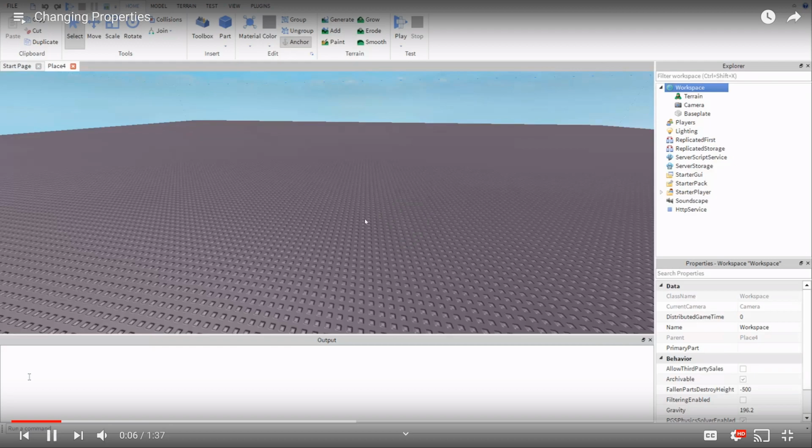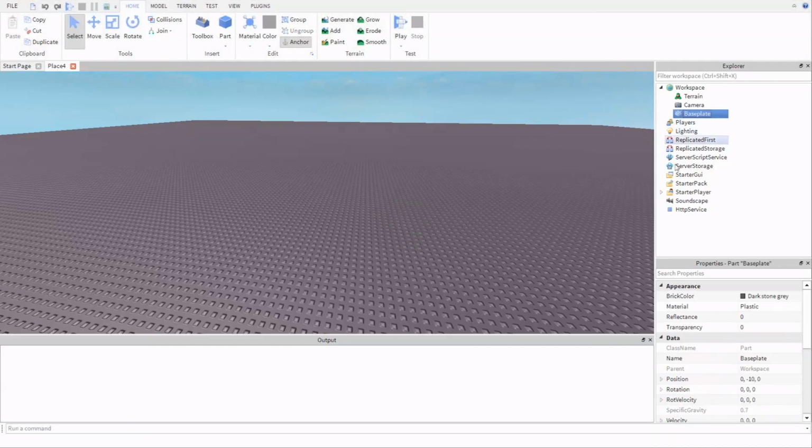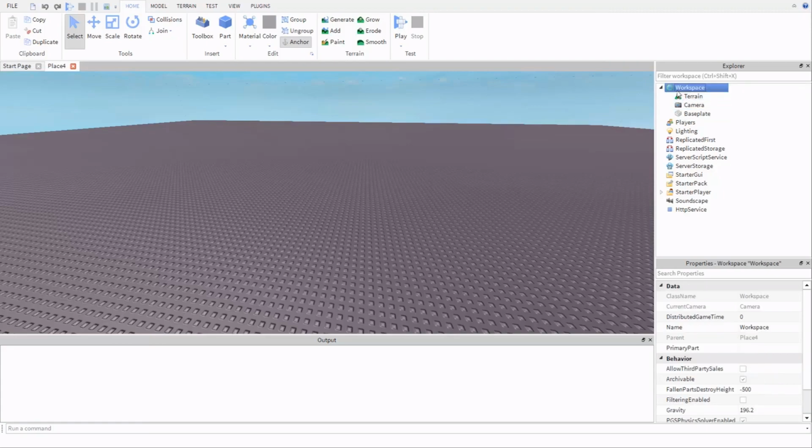Okay, how to change the properties of parts using code. For example, let's say we wanted to change the transparency of the base plate to something other than 0. Now to do this in code, we need to instruct the program where to find the part we want to change. In this case, the base plate is inside the workspace, and workspace itself is inside a hidden object called game. Now to help the program find the part, we start at the top level, the hidden object I just mentioned called game. Then we use a period,